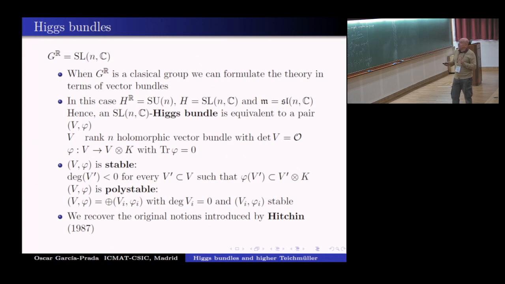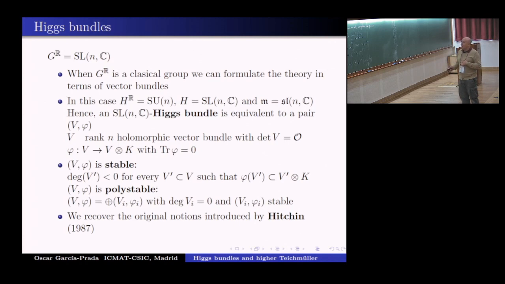But now this has to be checked only for the subbundles that are invariant under phi, right? Phi of V prime goes to V prime tensor K, right? So this is the condition that in the general theory, there was this subspace MS, determined by the parabolic. And so that is exactly the generalization of this fact here, right? And so polystability in this